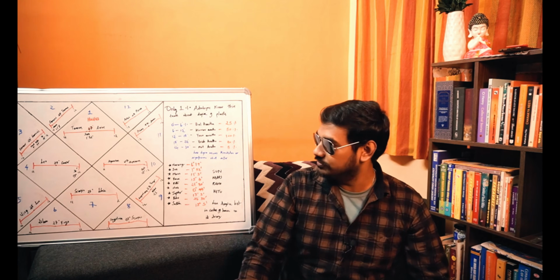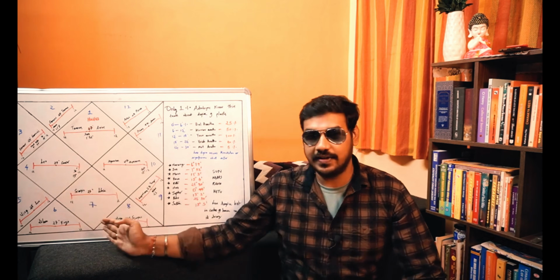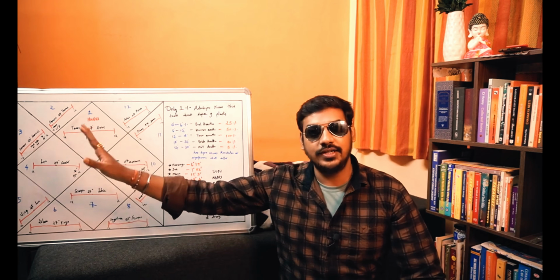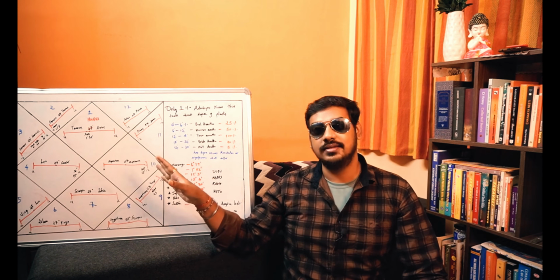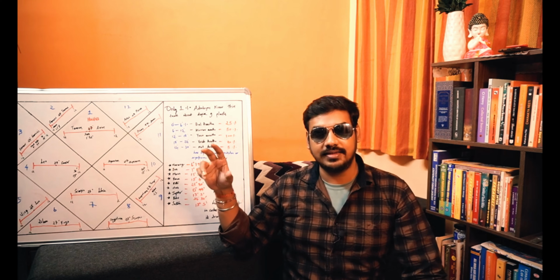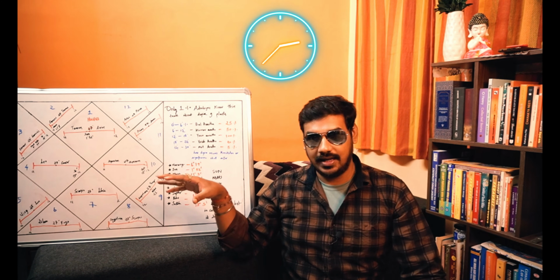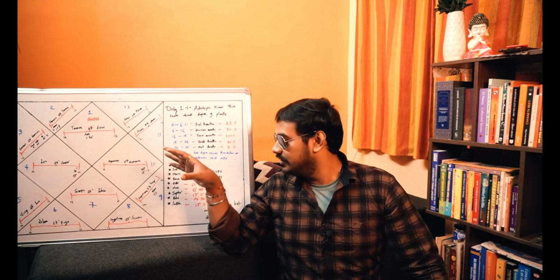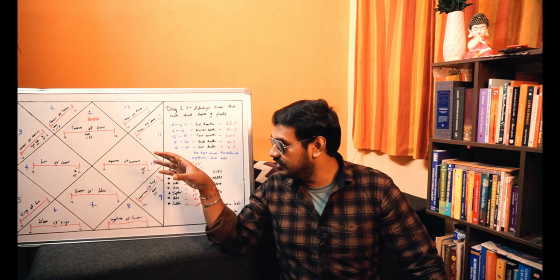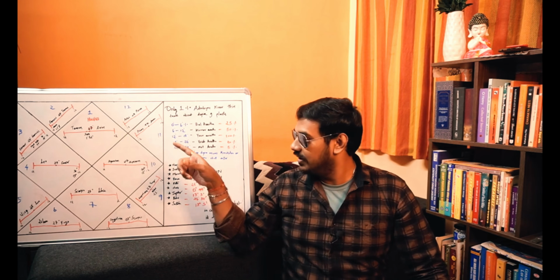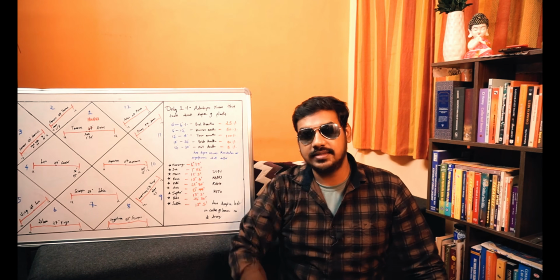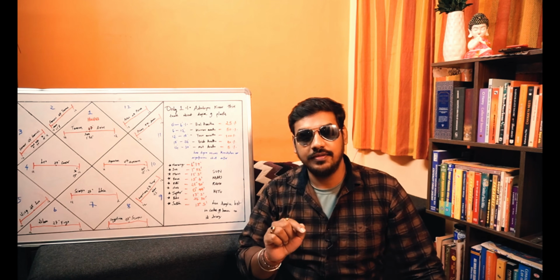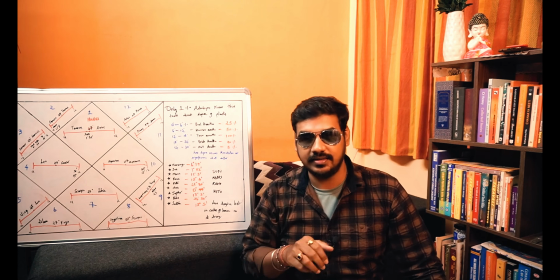Right. So this is the chart of an Aries ascendant, and actually you can guess whose chart this is, and if something clicks then you can comment as to whose chart Purab is explaining about. Alright, so this is the chart of an Aries ascendant, and if you see, the ascendant degree is 27 degrees of Aries, which is falling in Kritika nakshatra.